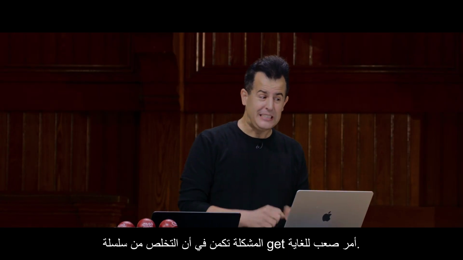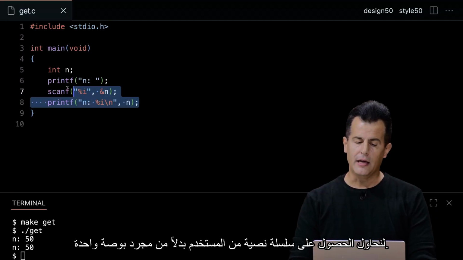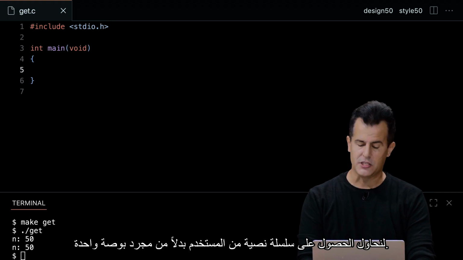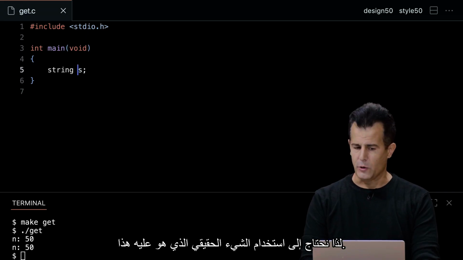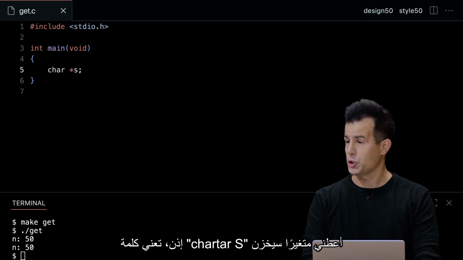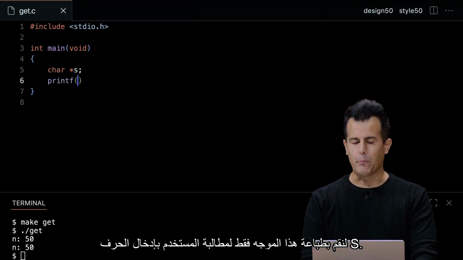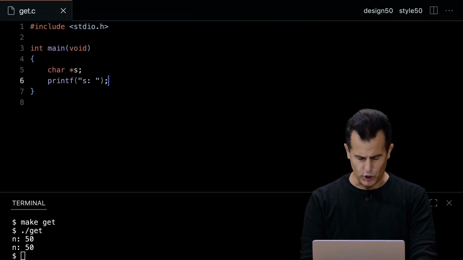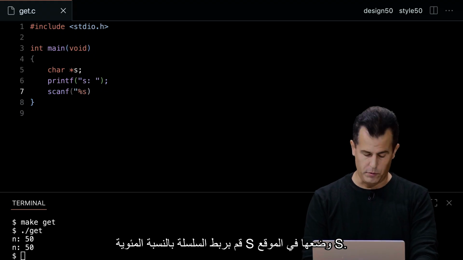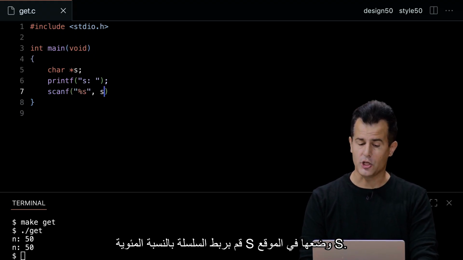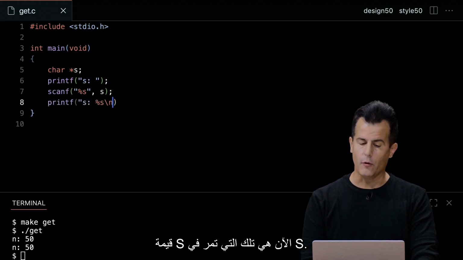Catch is that getting rid of getString is much, much harder. Why? Well, let's try another example. Let's go ahead and try to get a string from the user instead of just an int. So we'll call it string s. But wait a minute. CS50 library is not included, so we need to use the actual thing that this is. So char star s means give me a variable that's going to store a string. Let's go ahead and print out that prompt just to prompt the user for s, just for clarity. Now let's use scanf and scan a string with %s. And put it at location s. Then let's go ahead and print out, just a reminder, that the value of s is now that, passing in